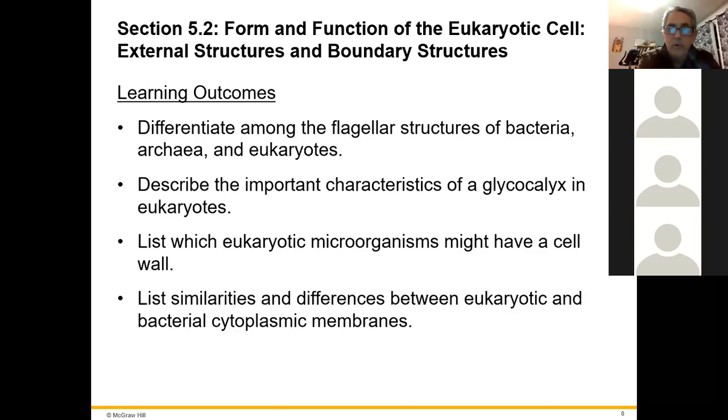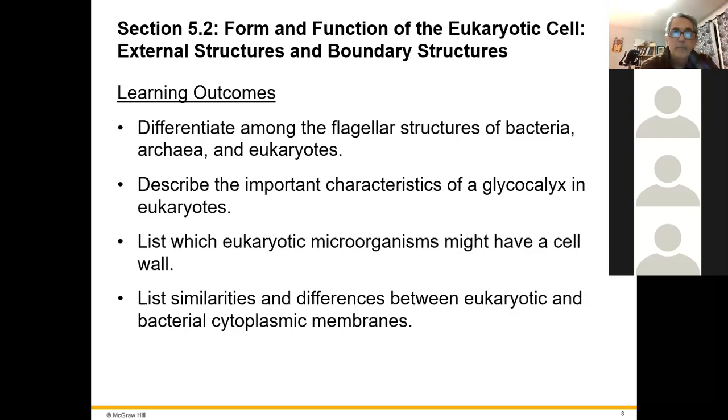I mentioned before the fungi and plants have cell walls, but it's made of different material. It's not made of peptidoglycan. We've already mentioned some differences and similarities between eukaryotes and bacteria, and differences we'll talk about in